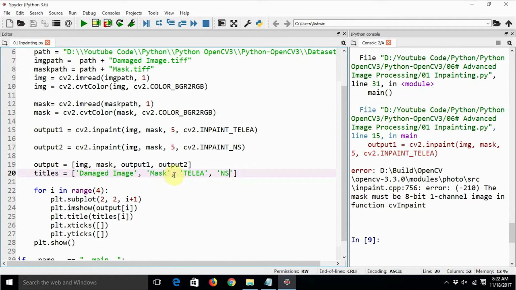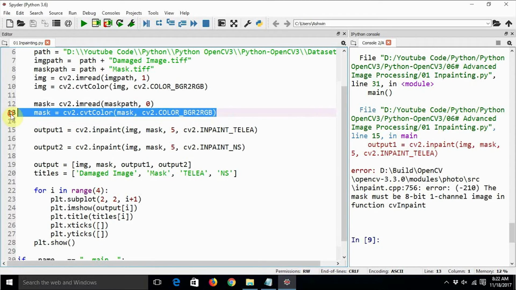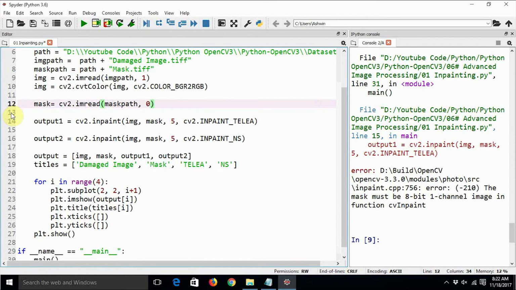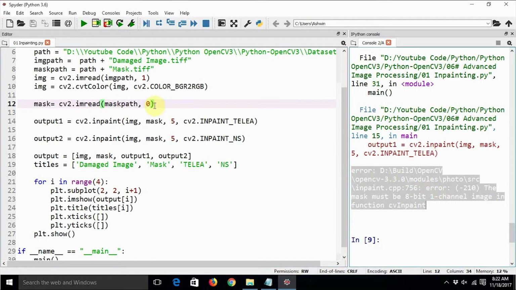So I guess we need to read this mask as a black and white image, and we need to delete this. Yes, so that's why it is showing us the error. See, earlier we had read the mask as a color image, and that's why it had 3 channels, red, green and blue. Now we are reading that as a grayscale image, and it will have only one channel.